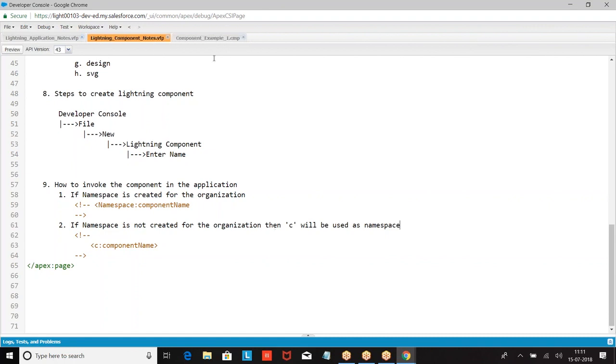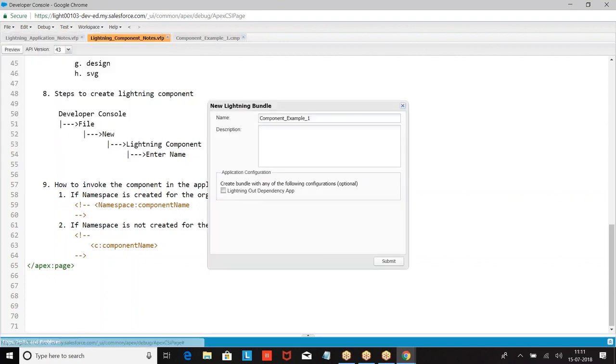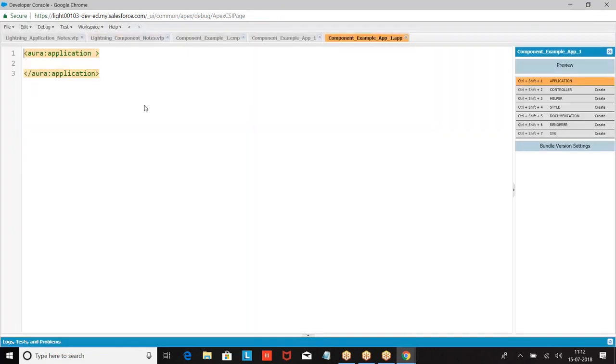So let me give you this. C colon is case sensitive.